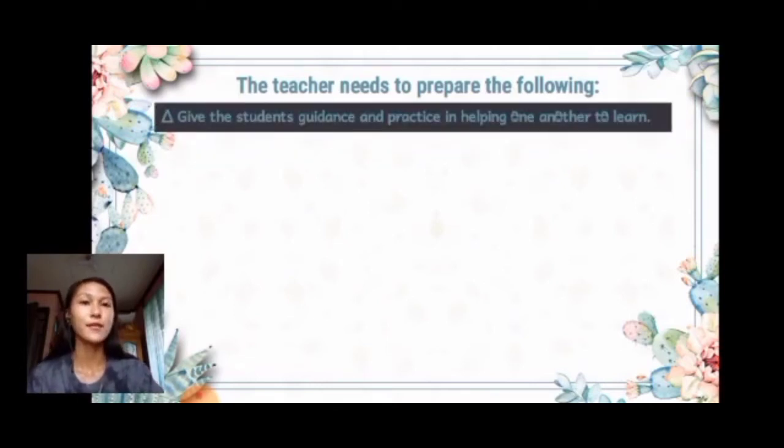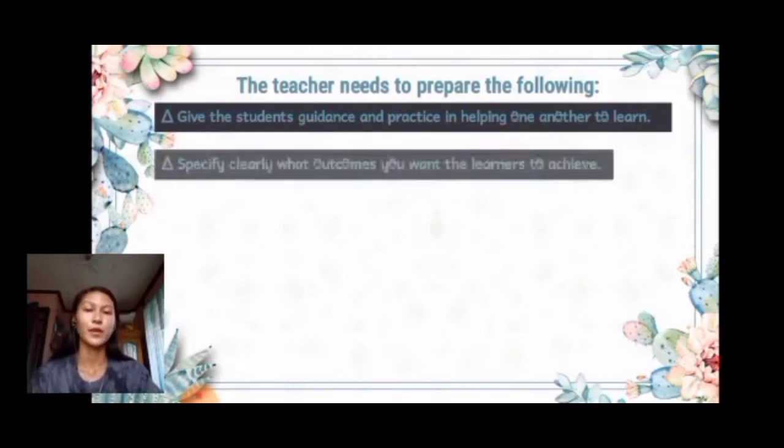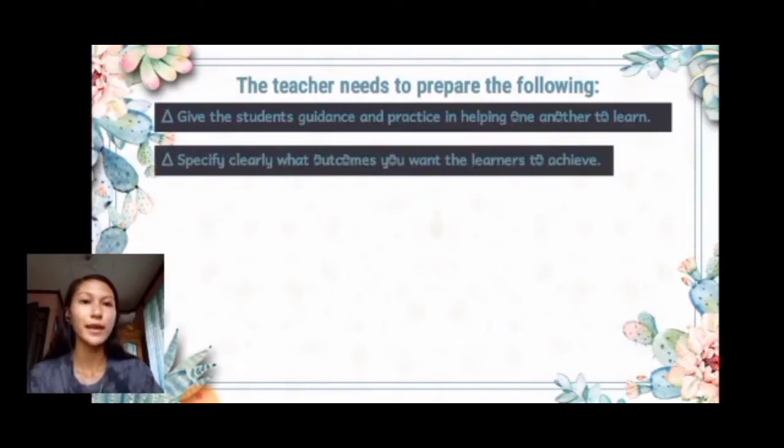First is, give the students guidance and practice in helping one another to learn. So, kailangan nga atong i-guide, atong i-practice ang atong students nga mutabang sa isig ka estudyante nila nga para maka-learn. So, next is, specify clearly what outcomes you want the learners to achieve. So, as a teacher, maging specific, atong i-clear and be specific kung unsa ang outcomes nga atong gusto nga ma-achieve